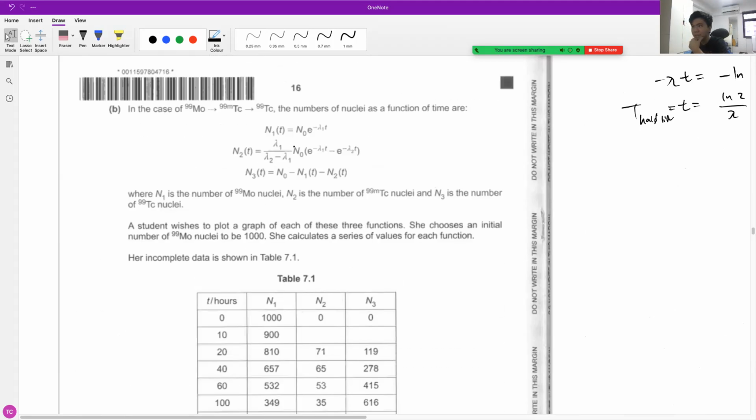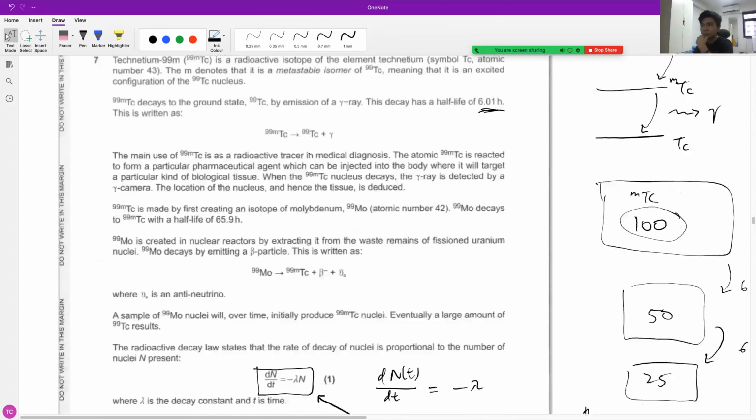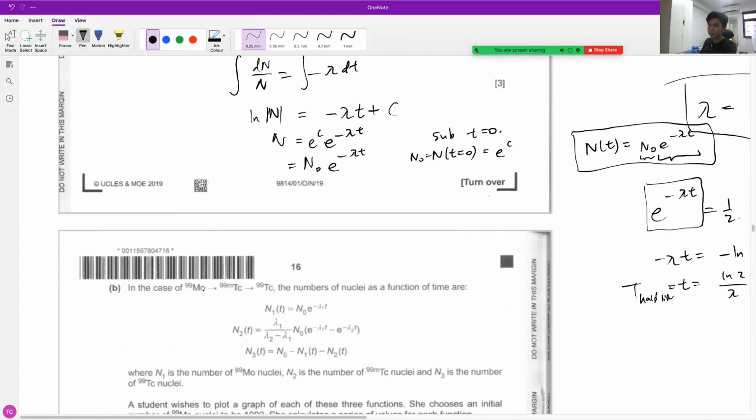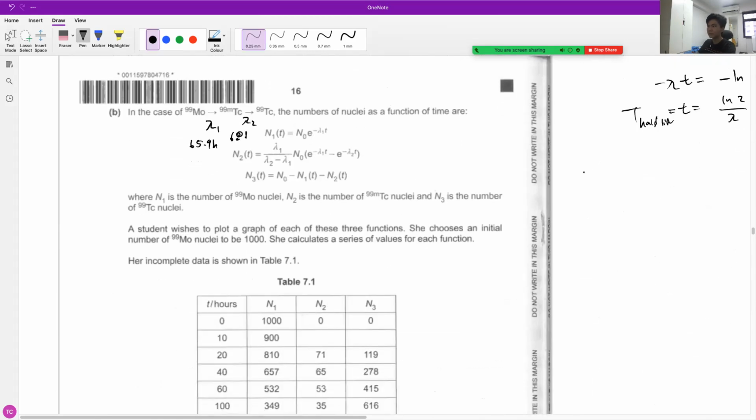I can't find the definition of lambda 1 actually. But lambda 1 is the decay from the molybdenum to the technetium. So we know that that happens with a half-life of 65.9 hours. So this is your lambda 1 with your 65.9 hours, right? And this is your lambda 2 with 6.01 hours. So to calculate lambda 1, we just take ln 2 over 65.9 in the unit of